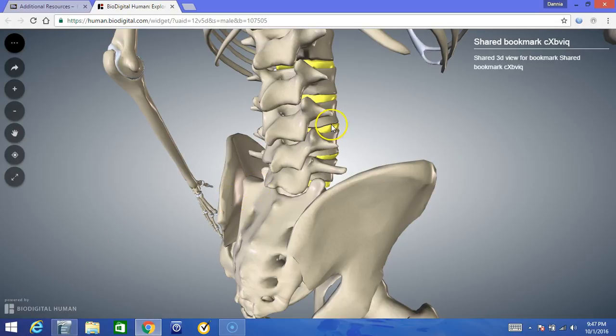So you can see here, we have the 3rd lumbar vertebra, and immediately inferior to it we have the 4th lumbar vertebra, which are joined by their articular processes, which contain articular facets. Here we have the lumbar intervertebral disc,